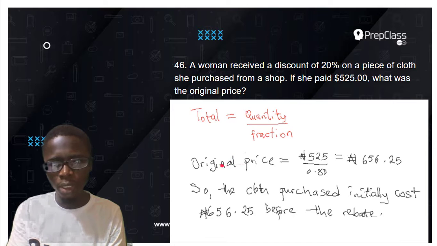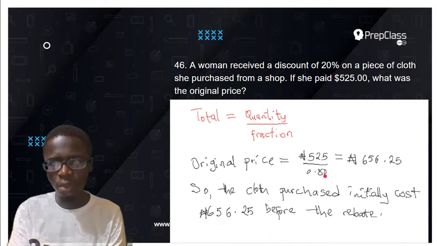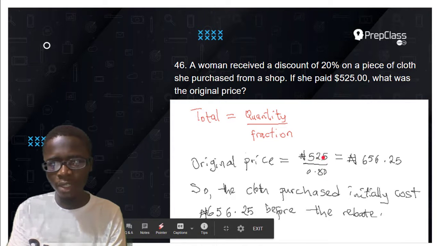So in this case, original price is equal to this quantity here, which means the amount of money she pays. In this case, 525. And here, the fraction we're looking at is 80% because she was given a rebate of 20%. So it means she actually pays 80%. And in that regard, we're going to use 0.8 here because this is 80%. That's 80 over 100. So by the time you divide 525 by 0.8, you're going to have